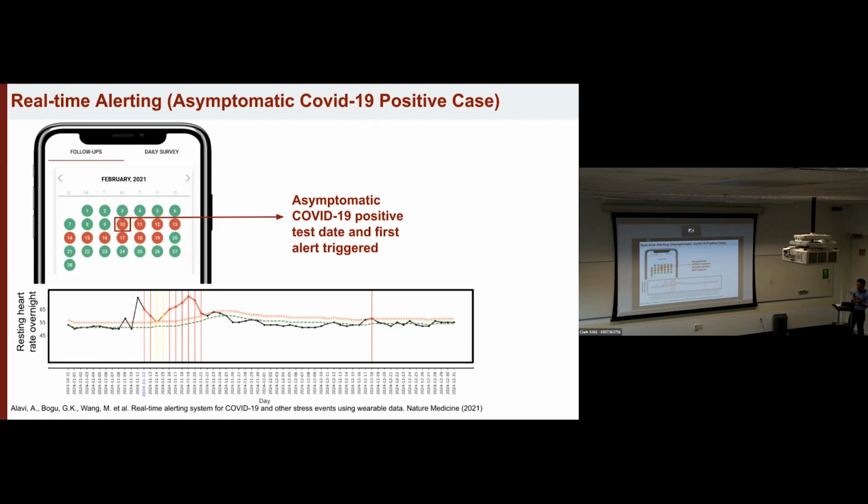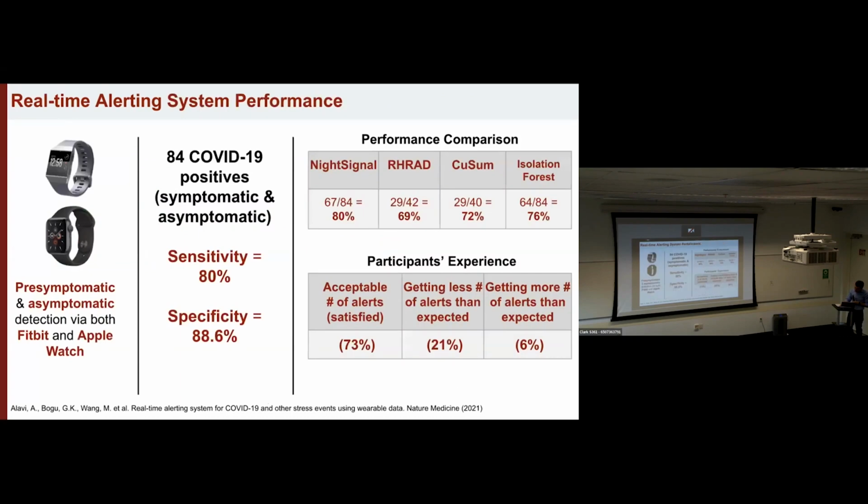Because again, heart rate as one of the first physiological changes when someone is getting infected could be used, but other types of data like temperature, blood oxygen, like SpO2, or heart rate variability could be used as well. And we also compared the performance of the night signal algorithm to other algorithms: the resting heart rate anomaly detection, QSUM, and isolation forest,